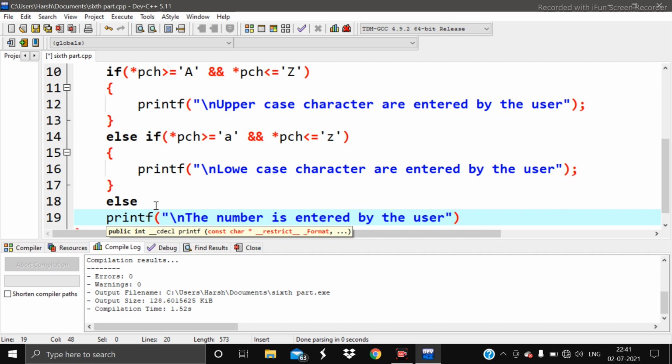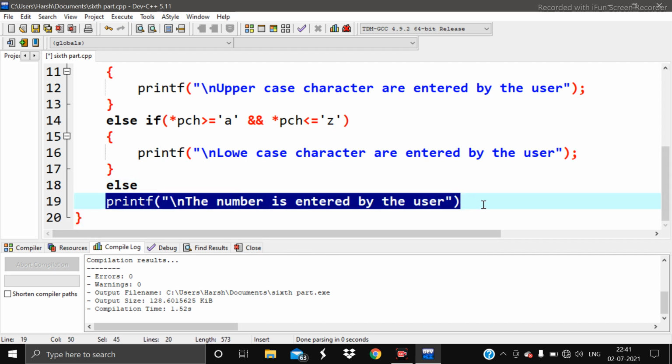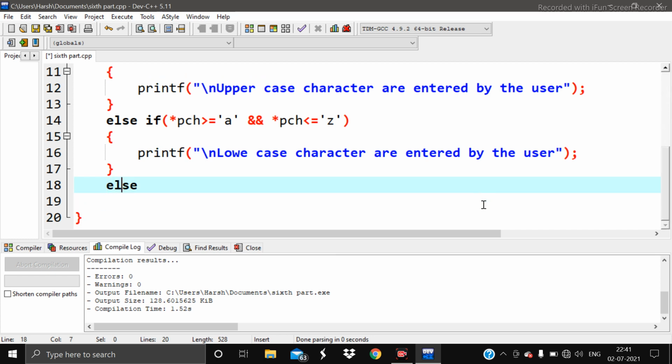It will look better on the output screen. Or we can use one more condition here, else if pointer pch is greater than or equal to 0 and pointer pch is less than or equal to 9. Okay, so here the char data type is used, so we have to use single inverted commas.